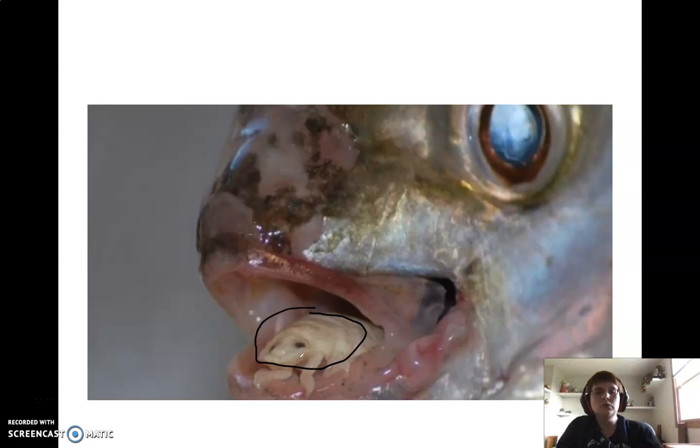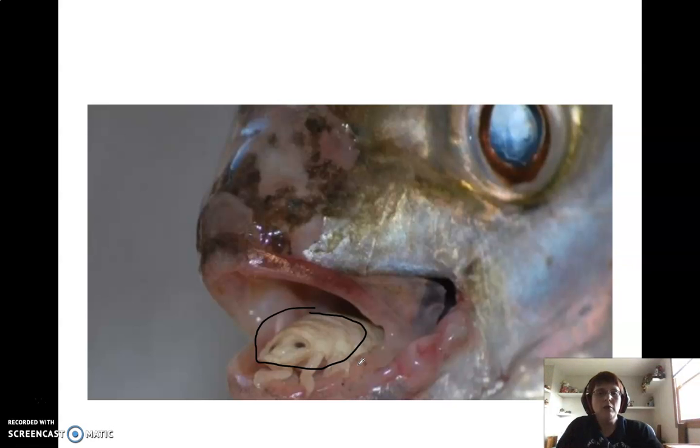He is vaguely related to pill bugs, but this is a parasitic version, and then he's just going to hang out in there. He'll eat some of the food that comes in through the fish. That's part of why he's considered a parasite. And then he's also become the fish's tongue.